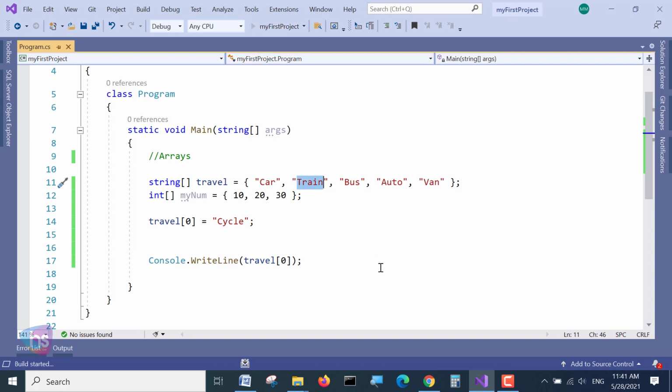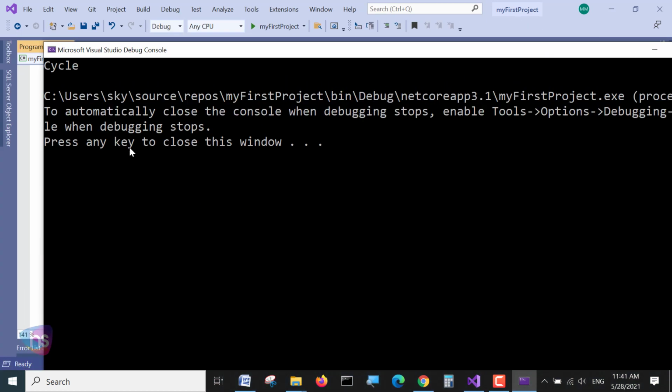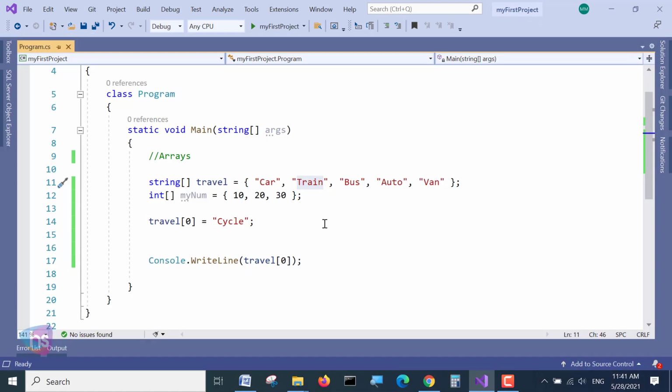Just run and check this, what we are getting. Yes, see, I am getting cycle. So this way you can customize any position out of the list. Here you are seeing just 5 values as array items. If there are more than 500 items and you want to fix a value, like your custom value or any dynamic parameter, you can add it at any position. You can play with arrays also.